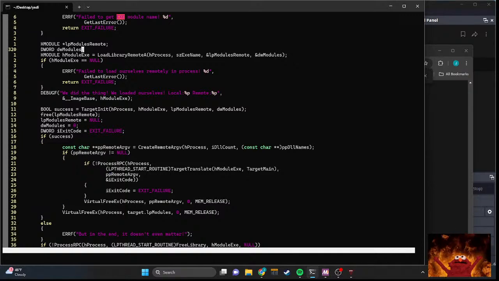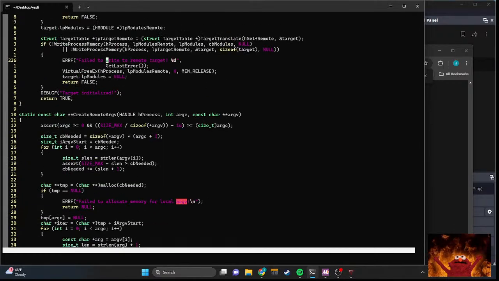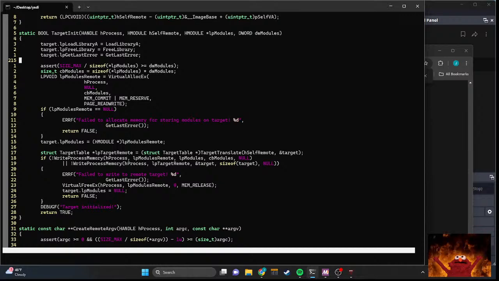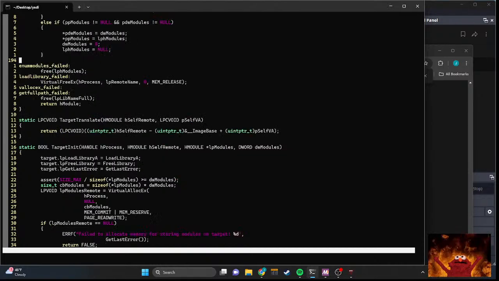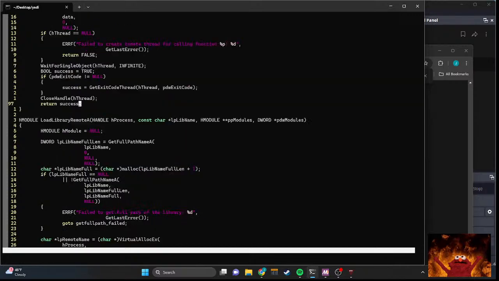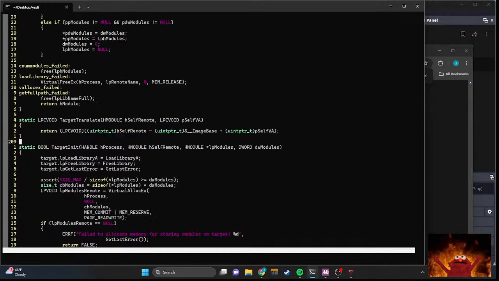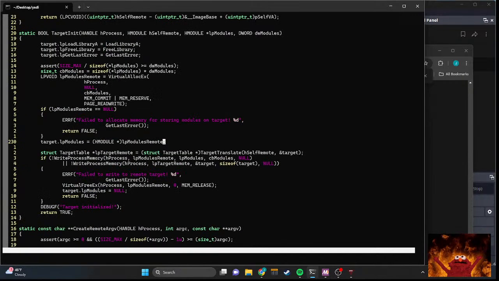Another thing I did is that, in addition to just loading the library, I also changed the signature so that it saves the modules in a variable. And why that's important is because